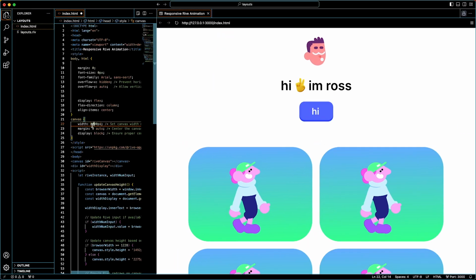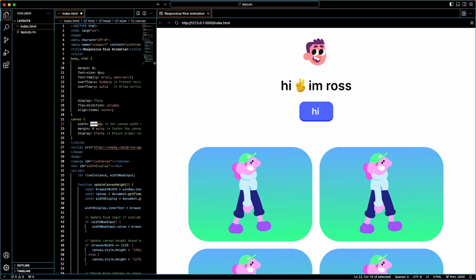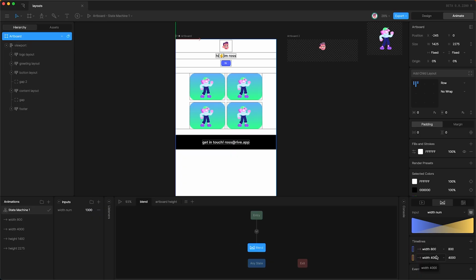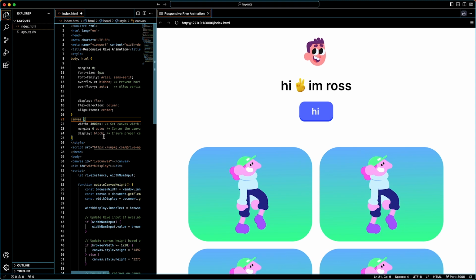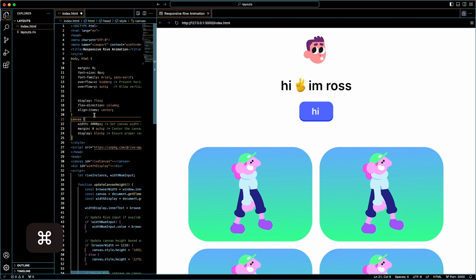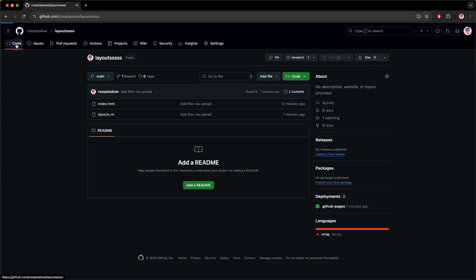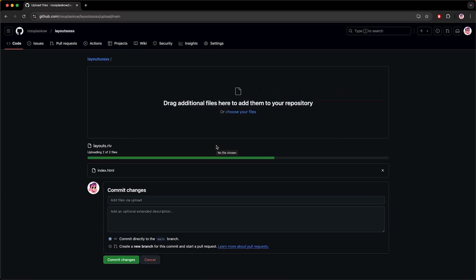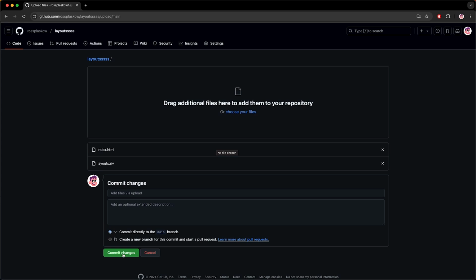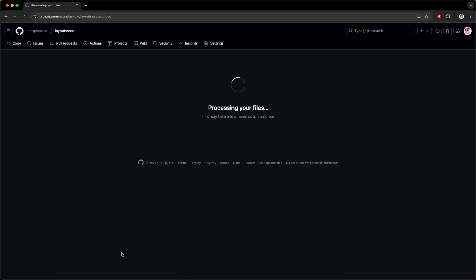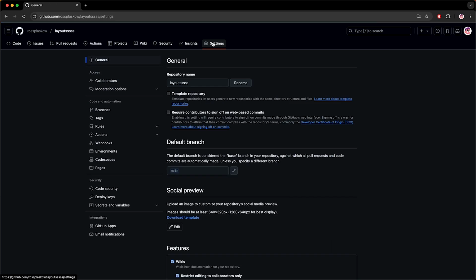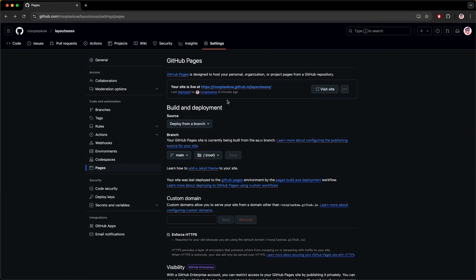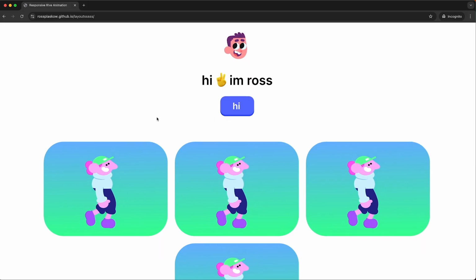Okay, so on line 22, make sure you change this number to the largest number that we have in our blend state. Make sure you save this file so that there's no little circle up here. Then go to GitHub, make sure you press code up here to show you all of your files, add file, upload files, and once again just upload both of these files. Then commit changes and go back to your GitHub page. That's settings, pages, and then in about 5 minutes, click this link and the changes we made should be reflected